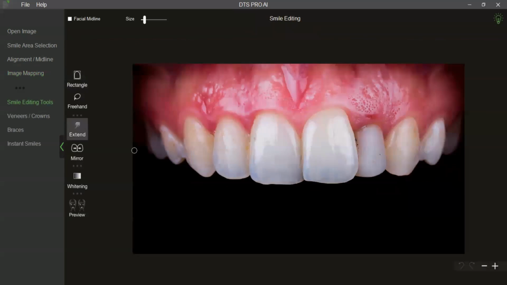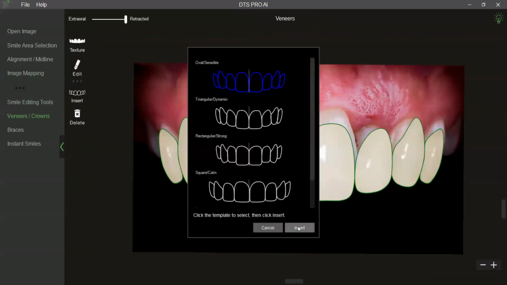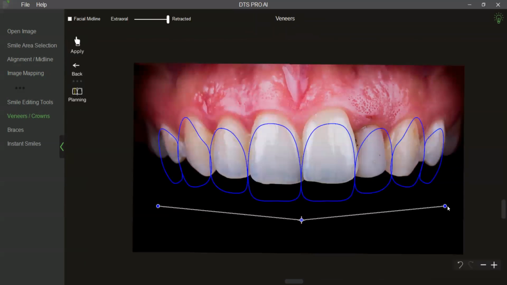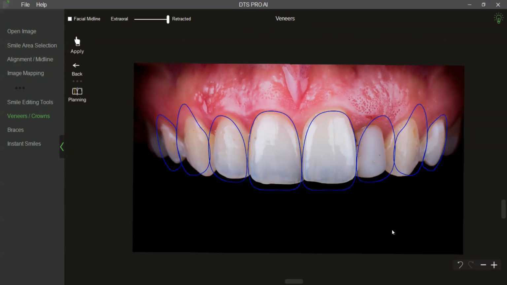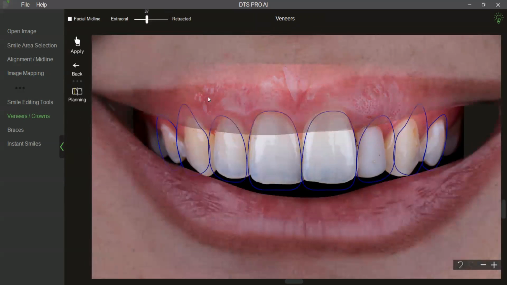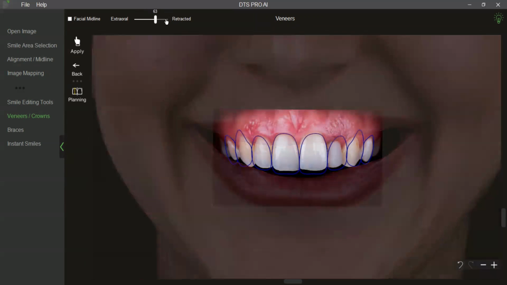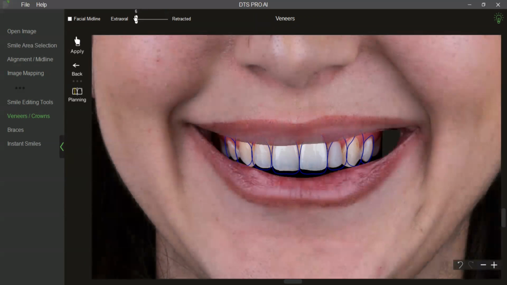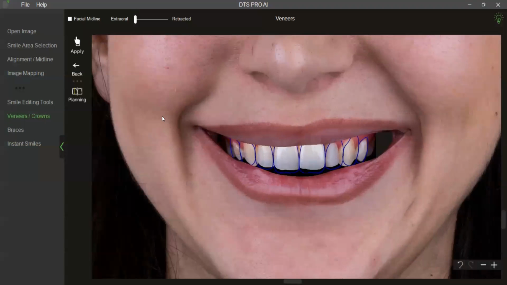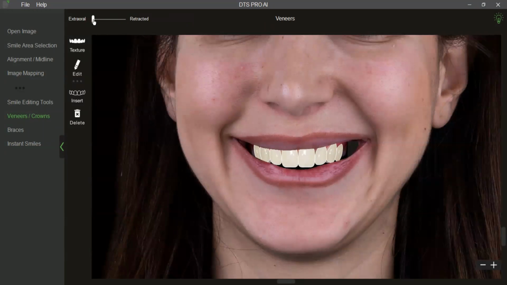And now when I'm planning, say for example, when I want to plan, you can insert these veneers. We will not do the entire designing aspect here, just to show you. And you can actually then check the position when you are planning on the retracted image, yet you can check the position on the extraoral image. So that is where mapping comes in. Where you want to go into a detailed treatment planning, you can use the mapping function.